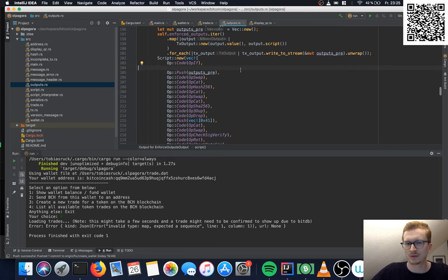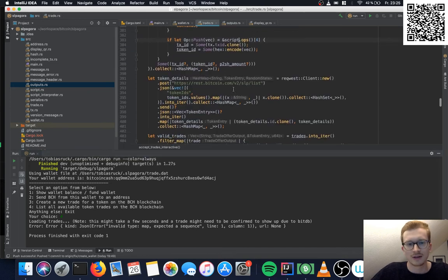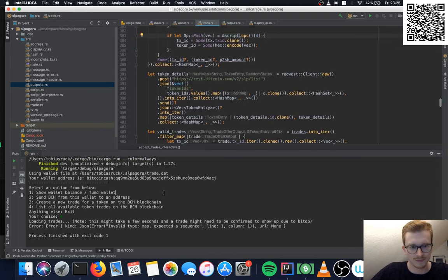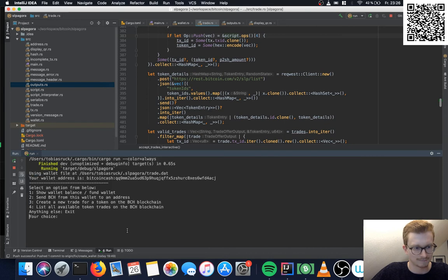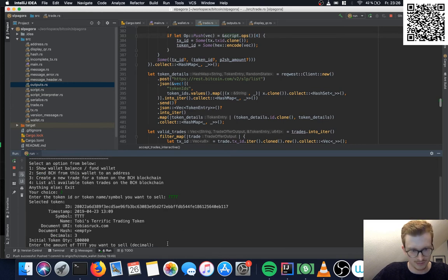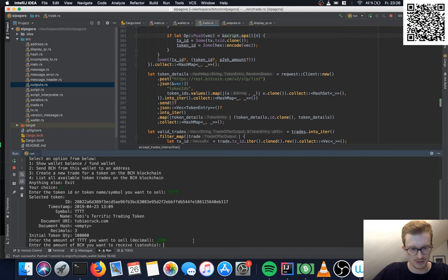Let me get into how the second transaction works. I deleted it, so let's just do a new one. Let's create a new token trade again, and now let's do this amount, 1,500, and we'll do 50,000.